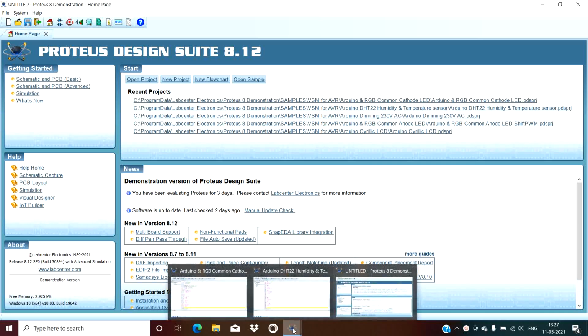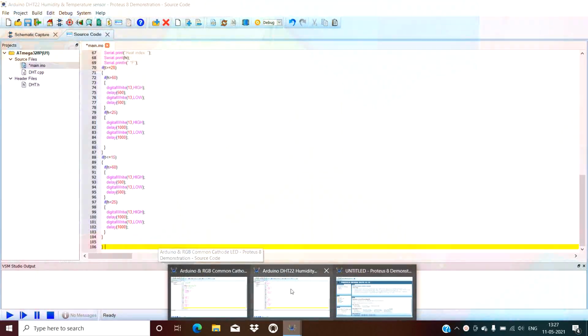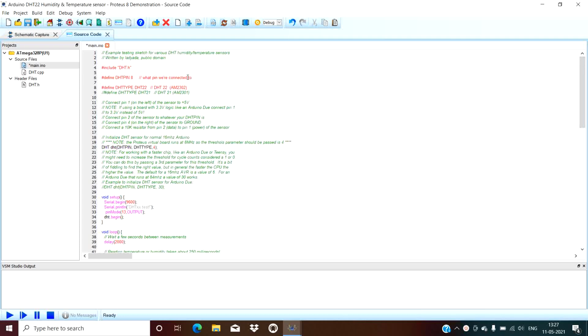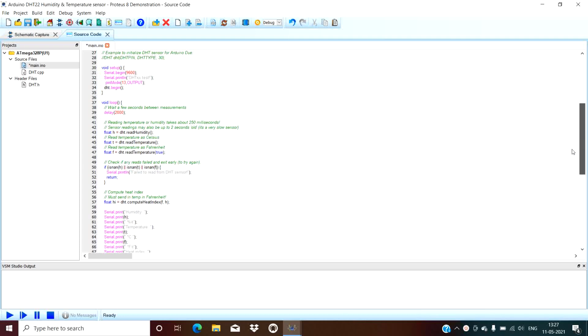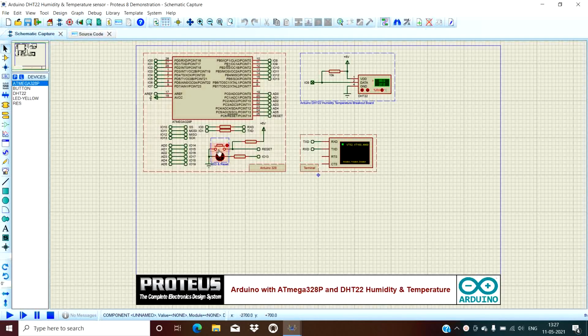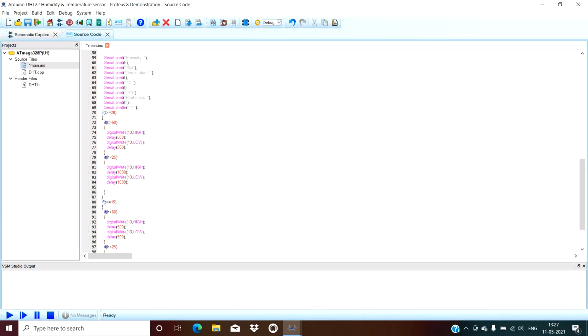I have modified the code. The first part of the code that is already present in the sample code remains the same. I've just introduced some conditions for the LED lamp that is present here in the schematic capture to glow. I have set the conditions for temperature greater than 28 degrees Celsius, and under that some sub-conditions as humidity level, the relative humidity percentage greater than 60 and the relative humidity percentage less than 25,